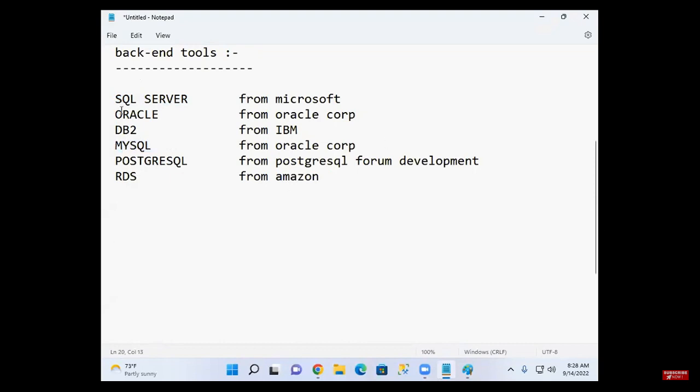Even in interviews, they test your SQL knowledge. Whether you know Oracle, SQL Server or MySQL is not important for the company. Whether you have database knowledge or not is important, because they know that if you know one database, you can work with other databases. That is the reason they test your database and SQL knowledge.